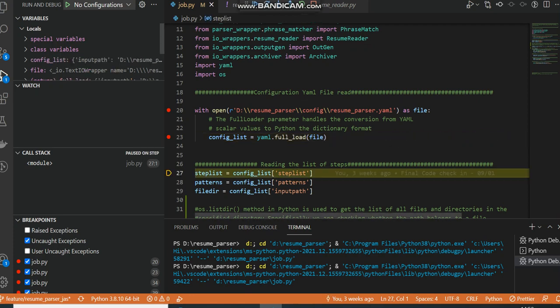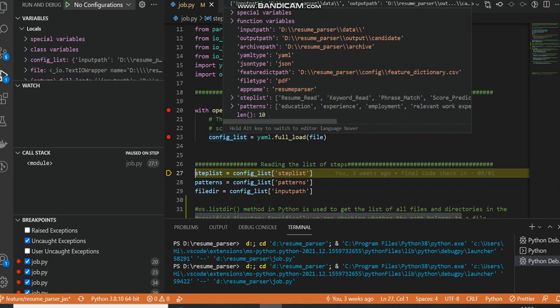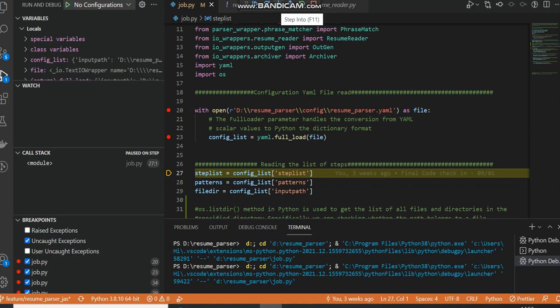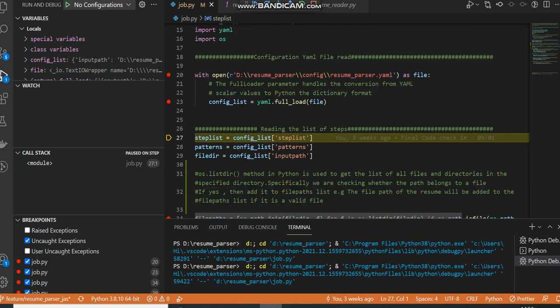As you can see, all my keys are there: input, output path, archive path, and other relevant keys. And then there are lists like step list and patterns, right? So these values I will try to store in different variables in line number 27, 28, 29, as you can